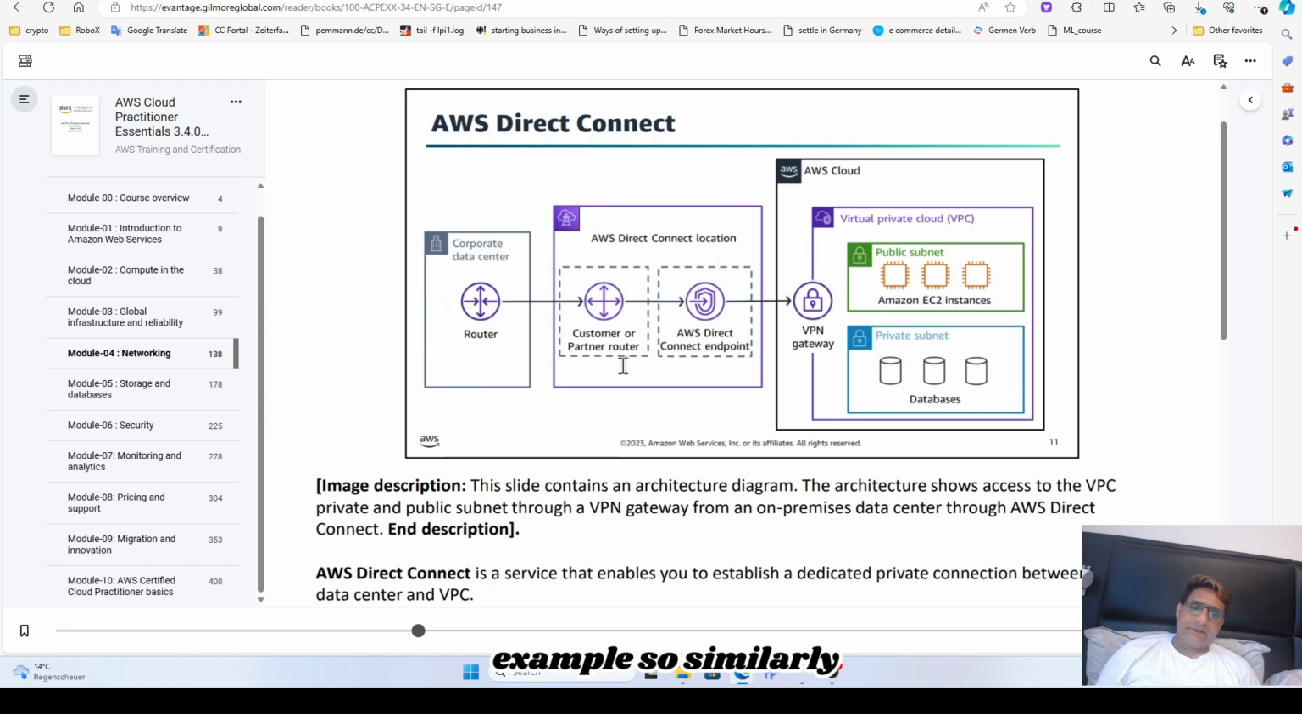So similarly, there are some other services. AWS Direct Connect is the location. AWS Direct Connect is nothing but a private VPN, actually, which tries to protect the information when it is traveling from the customer, or any person who's using AWS, from his router to the VPN gateway. Up to that point, they try to actually connect,